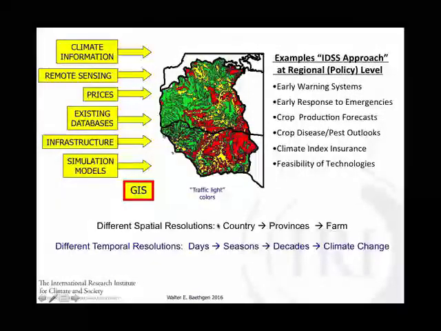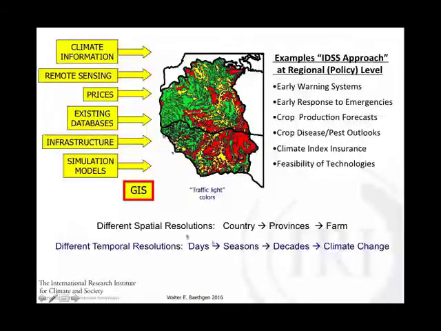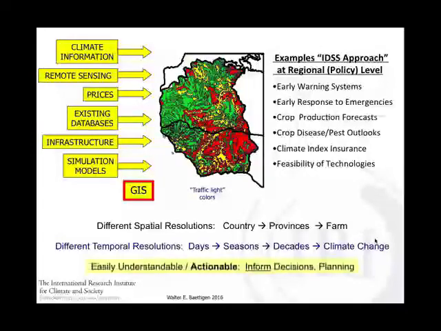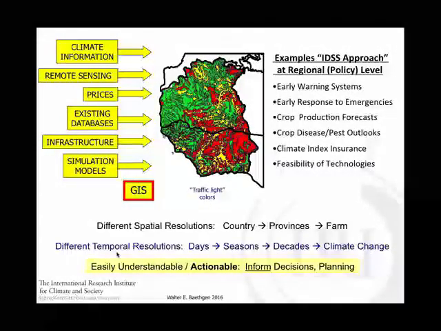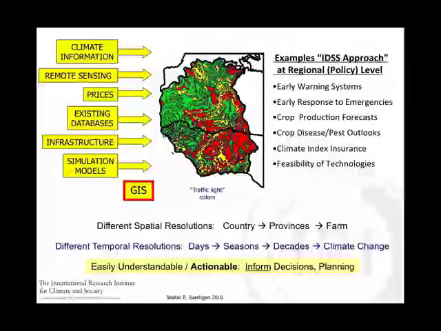It's also nice that you can use it for different temporal resolutions. You can work in problems that are in the scale of days, or problems that are in the scale of seasons, all the way to decades or even longer term climate change. Now, in order for these systems to be relevant and to really inform decisions, they have to be easily understandable and they have to be actionable. They have to trigger action. It's not enough to be interesting. It's not enough to be good, relevant. They have to be actionable. It has to trigger some action in order to effectively inform